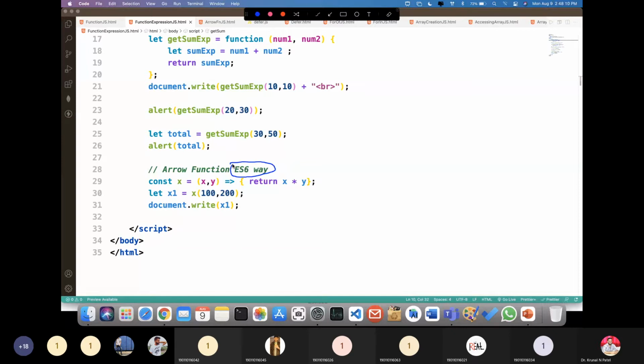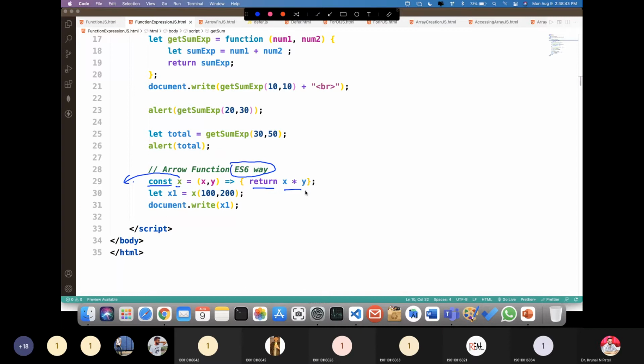How? First of all, you can just use this. You can observe the particular syntax: const x or let x is equal to a number of parameters. x is your function name. These are the parameters x, y, then the arrow symbol. In curly brackets, we are using return x multiply by y.